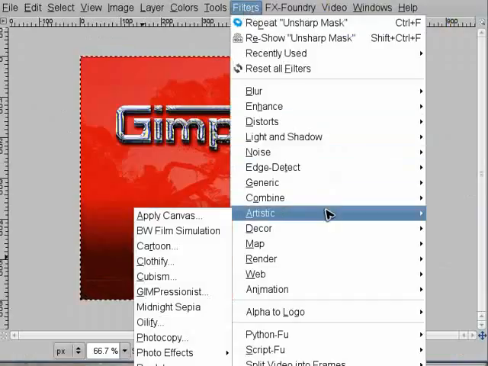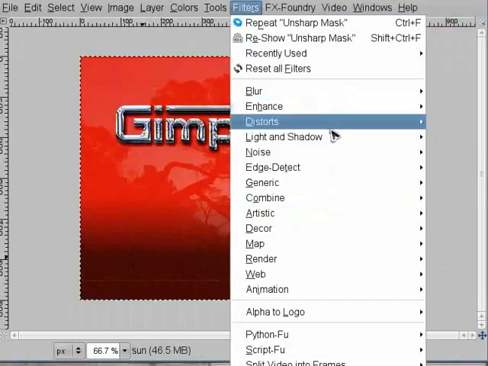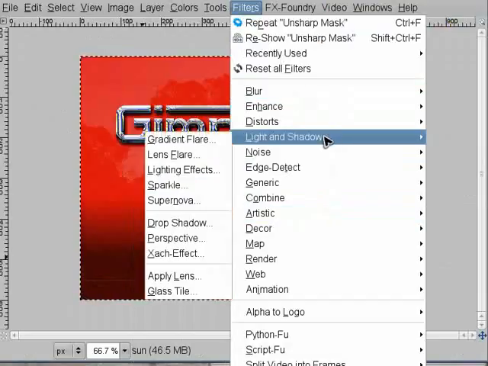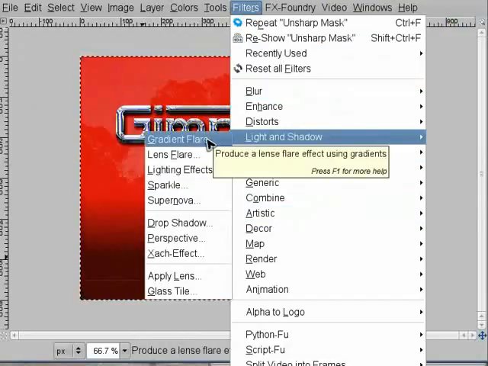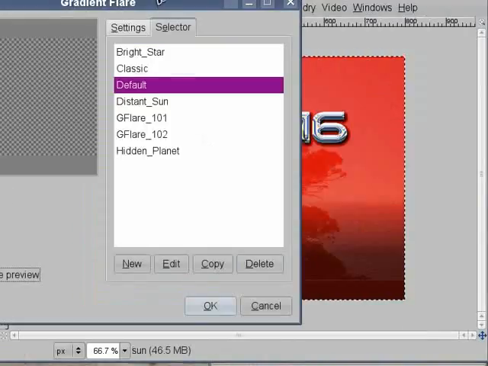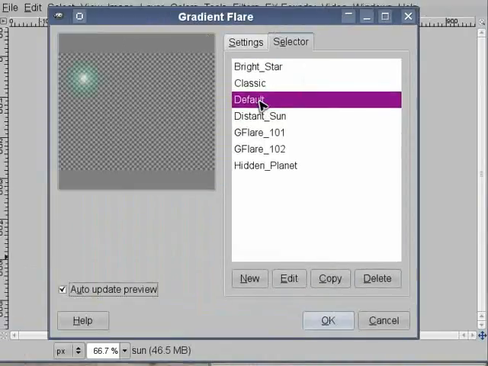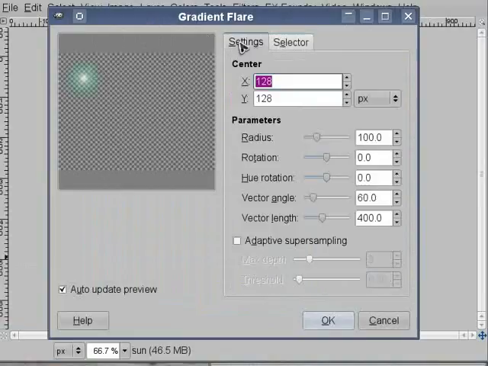Like in the last podcast, we can do that from scratch, but I'm gonna be lazy now. Use the default sun, place it in the corner, not too high. For the size, the radius,